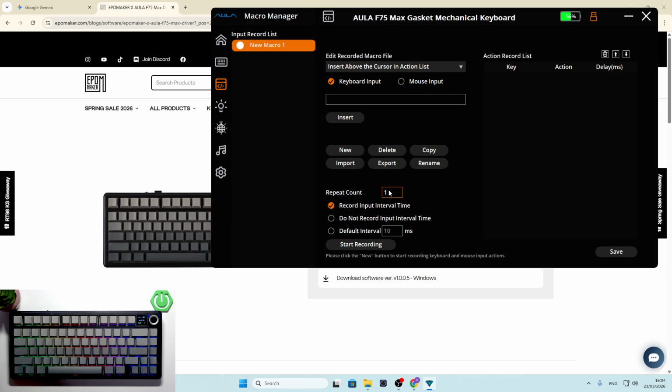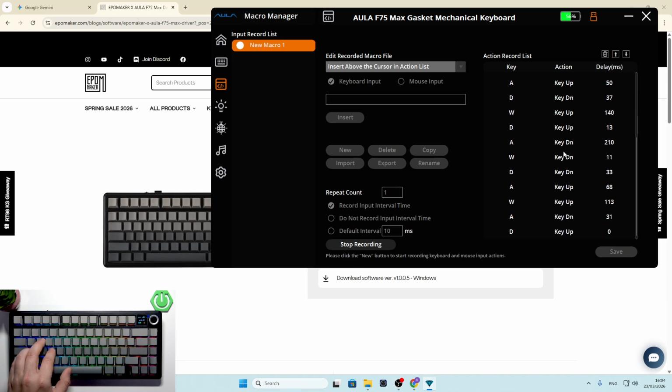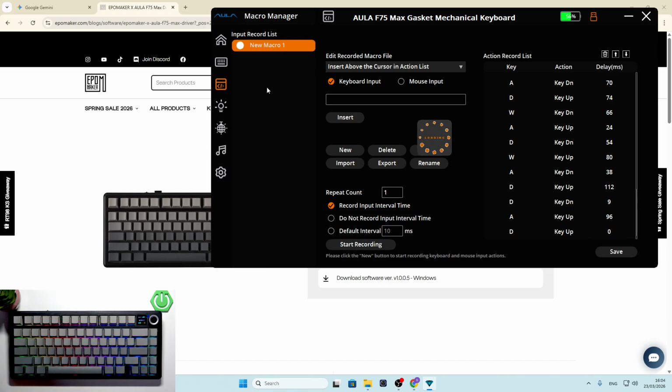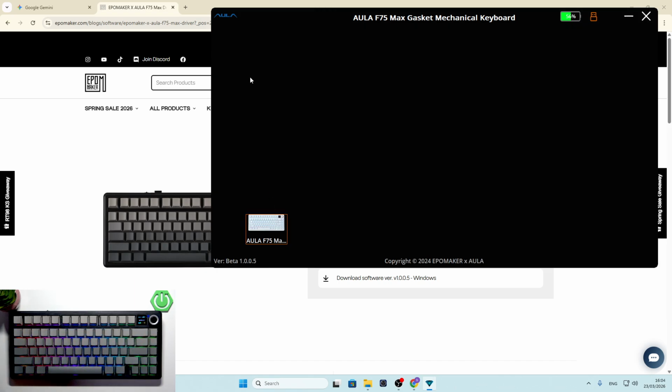Now you can change repeat count, delay, intervals. Set Start Recording and record your macro. Stop recording and tap Save. Go back to Configuration,